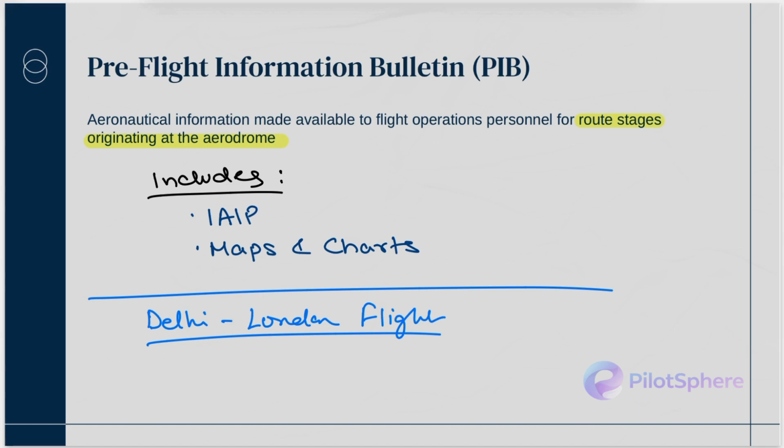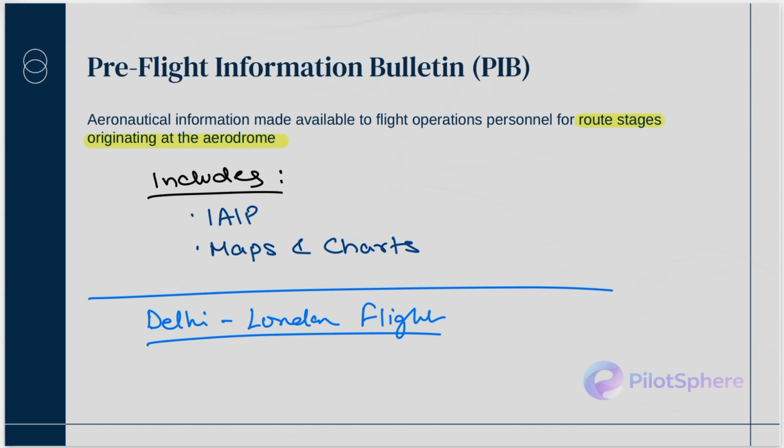Now, why are you concerned with an instrument landing system outage in Delhi? Because what if you depart and you have to return? You might decide to use the ILS only to find out it is not available. It is inconvenient. Having this information beforehand lets you prepare accordingly for the contingency procedures. Let's say on your route, when you enter the Kabul FIR, there is a restriction due to military activity that will be provided in the PIB. As you enter the Eurocontrol FIR, the PIB says you might have to expect congestion due to French ATC being on strike. So that is something you are now prepared for.